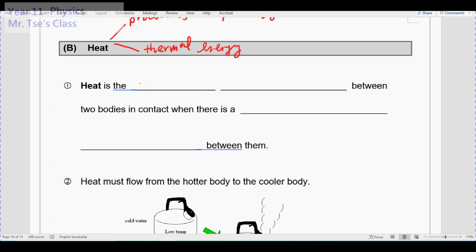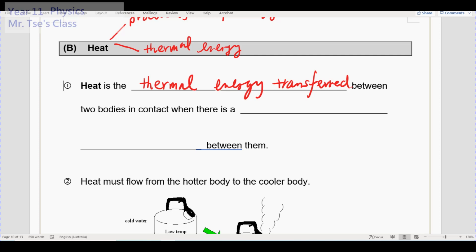Possibly I would try to use... I changed my mind a little bit. Thermal energy transfer. Okay, that should be only two words, but I changed my mind a little bit. I try to use the exact wording in the syllabus. That's it. Here's the thermal energy transfer between two bodies in contact when there's